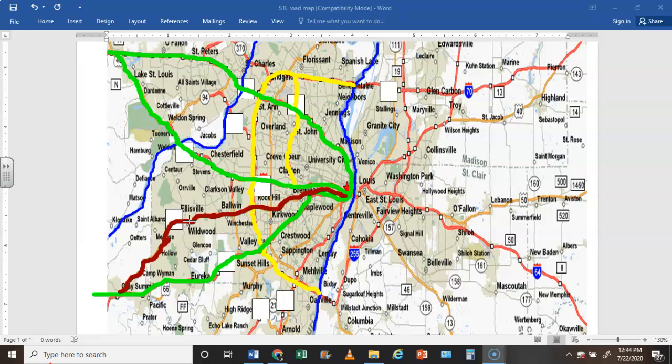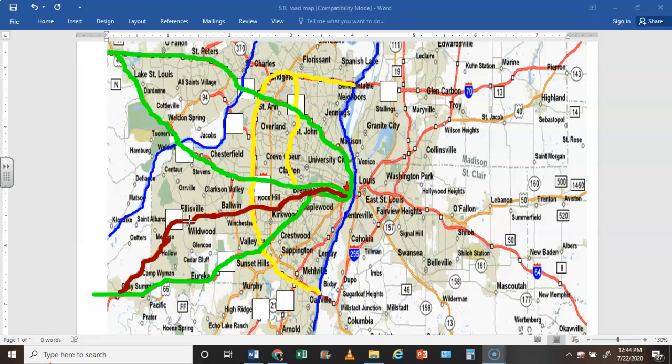And so Manchester is still a busy thoroughfare today. It is still used by many St. Louisans here in the county and in the city. You can take Highway 100 Manchester into downtown. It does take you downtown. I'm sure many of my students have never done that before. I suggest you do it just to see where it takes you. But Highway 100, also known as Manchester Road,